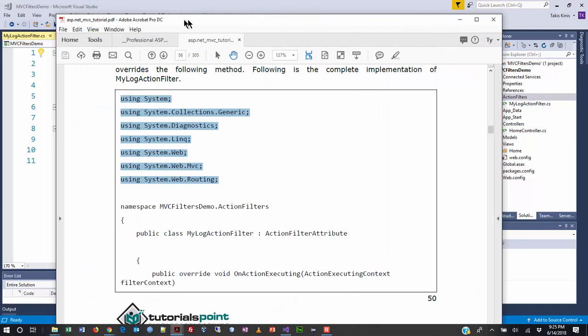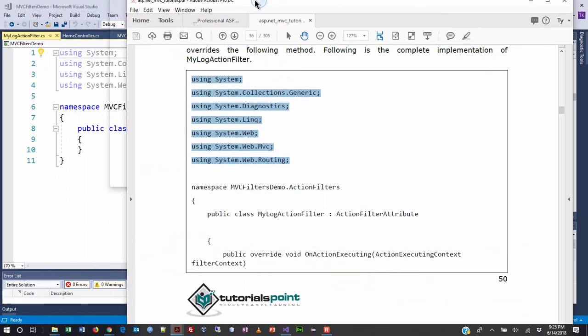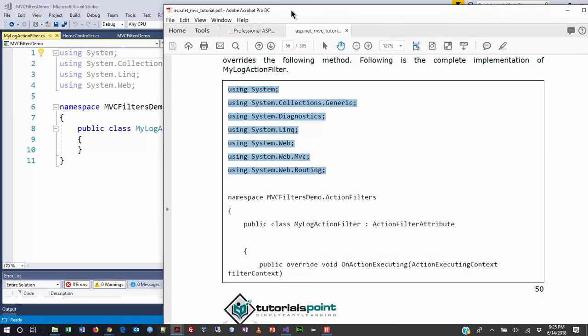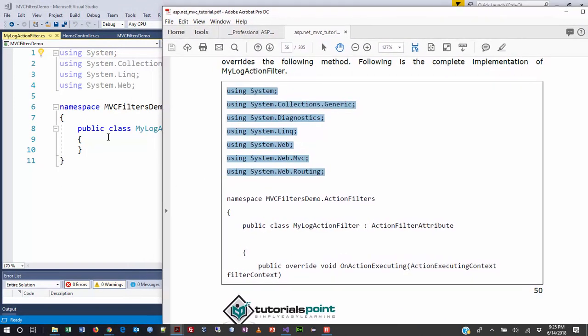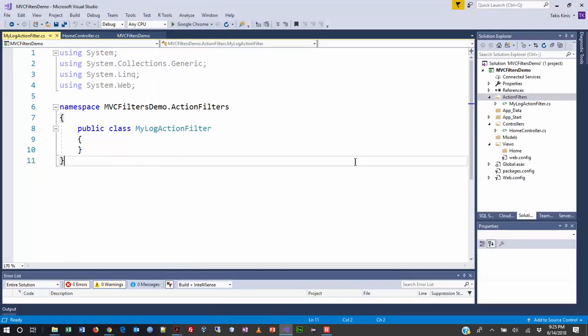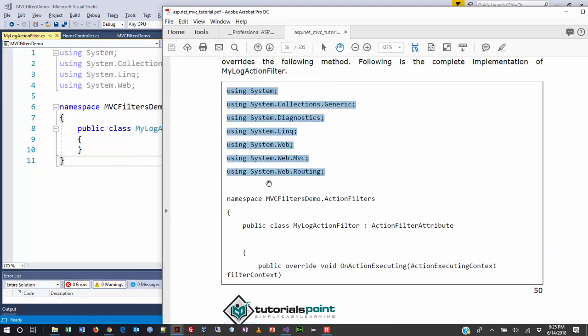All right, and what I'm trying to figure out here, folks, is I'm looking at the bottom of page 50 here, and he's turning this file into the one that you see in the tutorial. So I think that maybe the easy way to do this, and I'm just going to do this